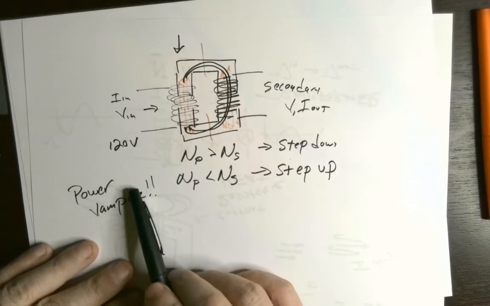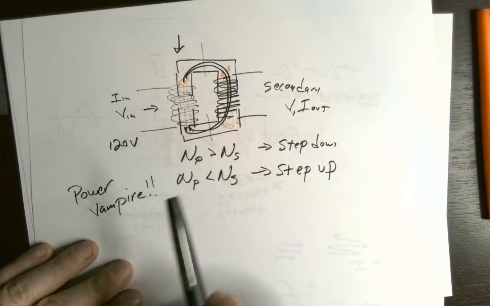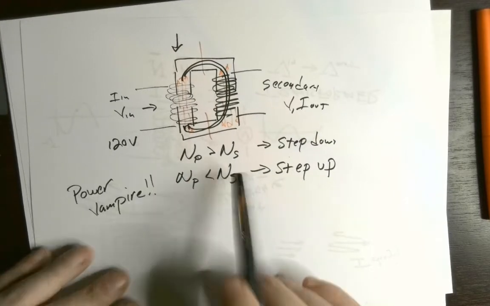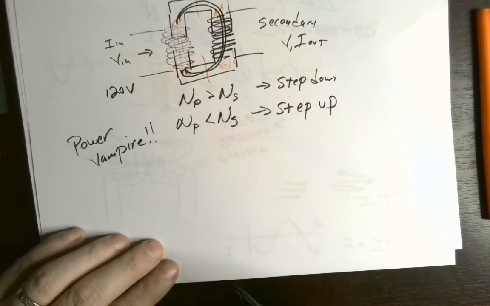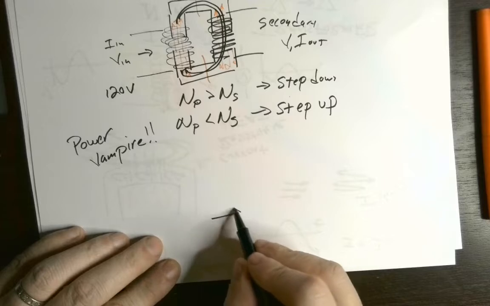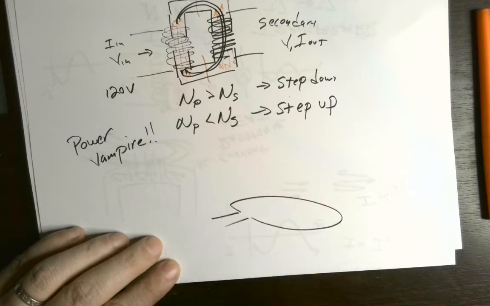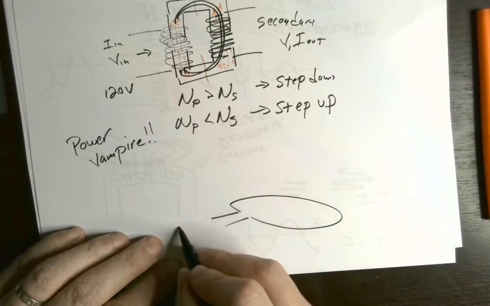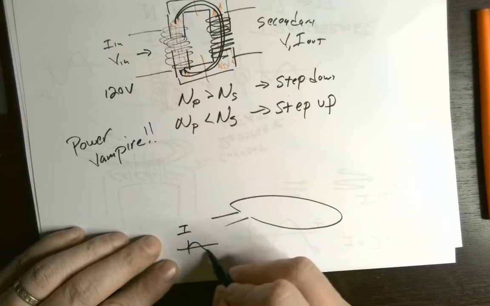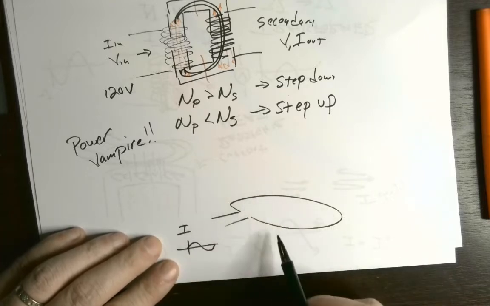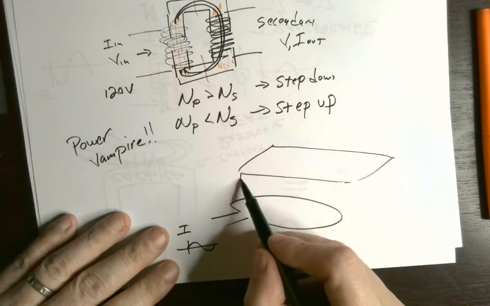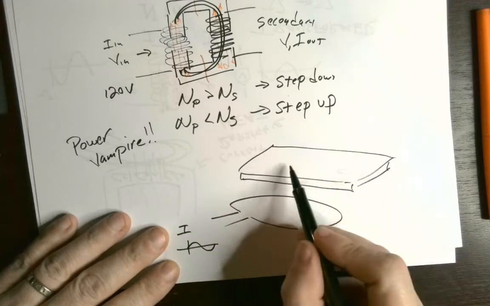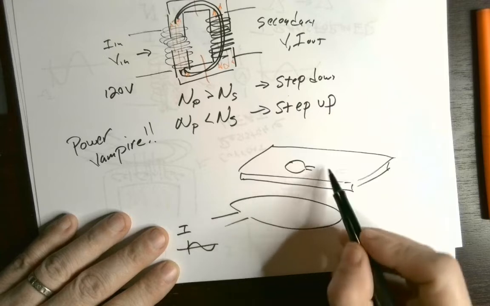So we talked about inductive heating. We talked about transformers. The other thing to talk about, which has become common in recent years, is the idea of an inductive charger. If you've got alternating current flowing through a loop of wire, creating a magnetic field that goes in one direction and then another direction, you can take a device that has a similar loop of wire inside, connected to a battery,